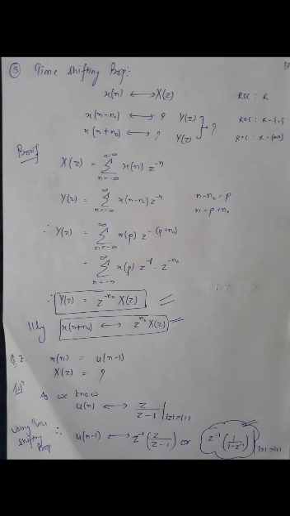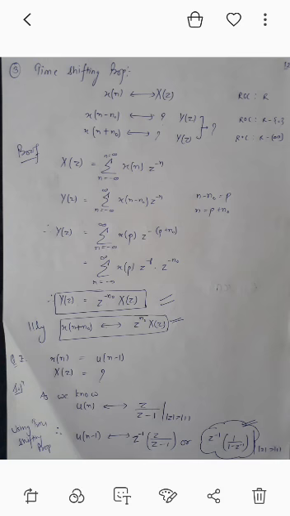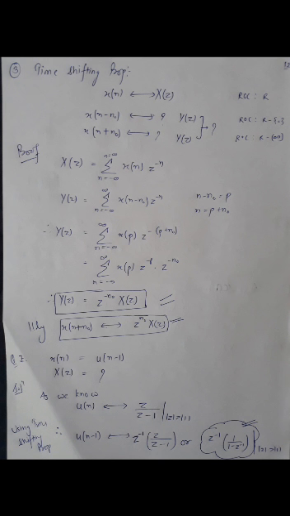We can see an example also. Let's find the z transform of u of n minus 1. We know that u[n] has z transform z upon z minus 1 with ROC mod of z greater than mod of 1. If we use the shifting property, we will get the answer for u of n minus 1. We are shifting by the factor 1, so we get one factor outside, that is z raised to power minus 1, and X(z) is z upon z minus 1. So the answer will be, or you can write it as, z inverse into 1 upon 1 minus z inverse, with mod of z greater than mod of 1.